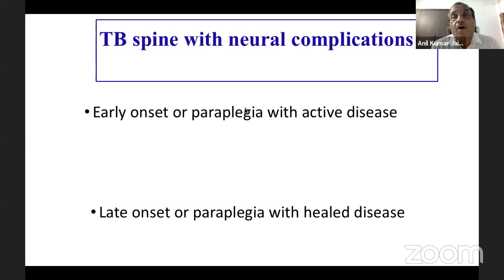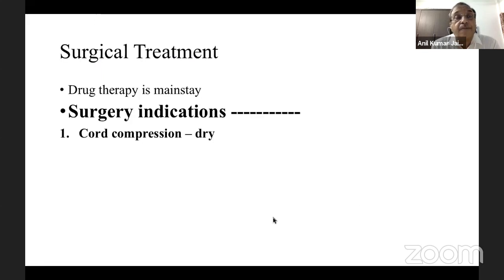mechanical compression or instability, while in late onset paraplegia, it is not the activity of disease, rather it is long-term changes in the spinal cord as a result of sequelae of severe kyphosis. Now, surgical treatment, it is very difficult to talk about in detail, but indications are when